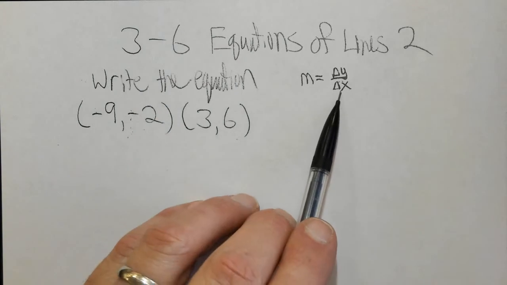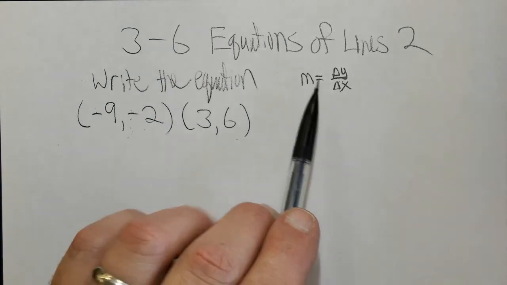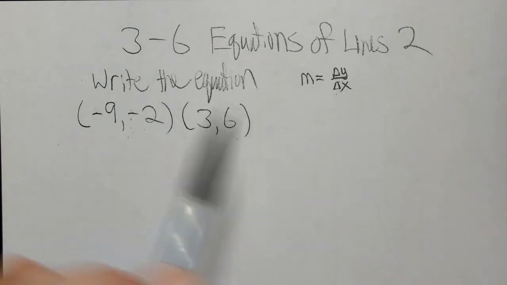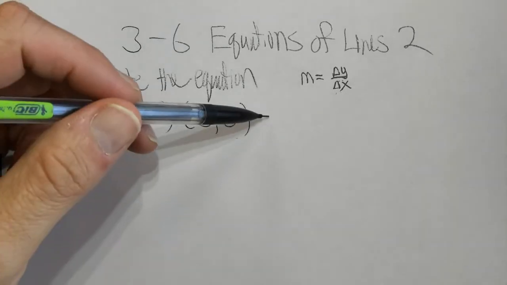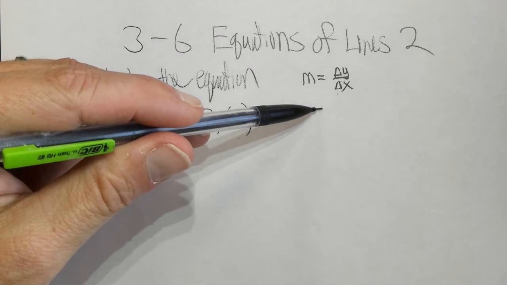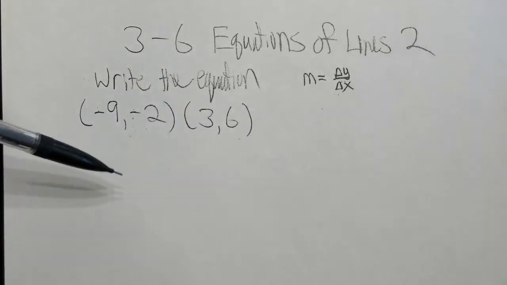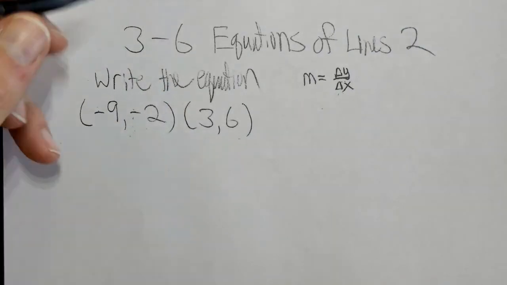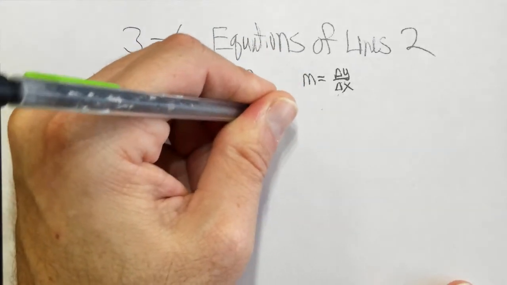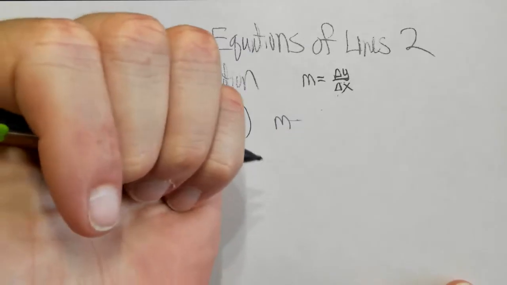And the answer is yes. Remember earlier in this unit, we had change in y over change in x to find the slope. And so the difference in this problem is we're going to have to go off to the side to find the slope first, and then from there we can plug into the point slope form like we did last time. All right, so finding the slope, it'll be m equals,